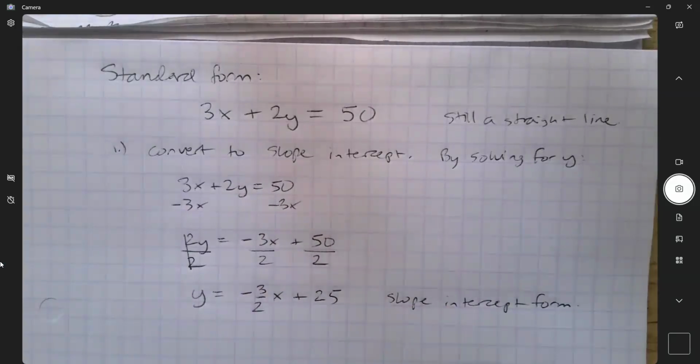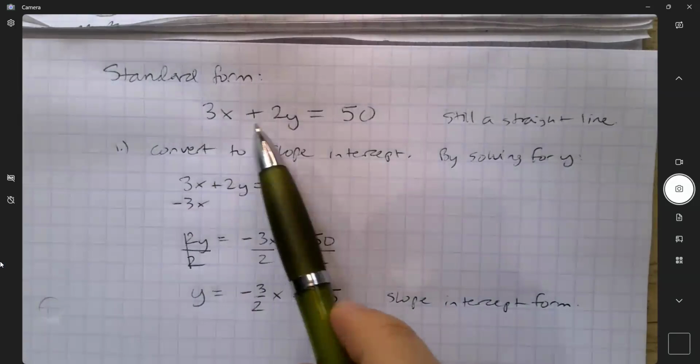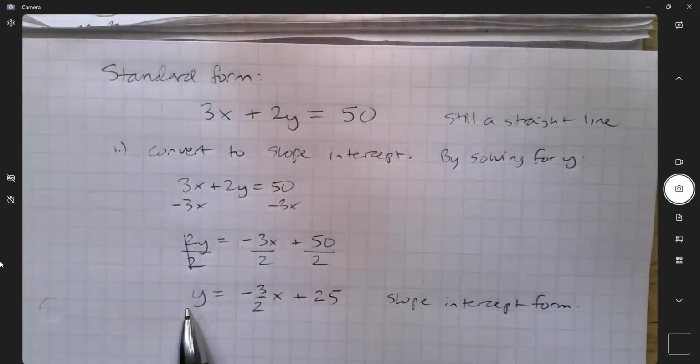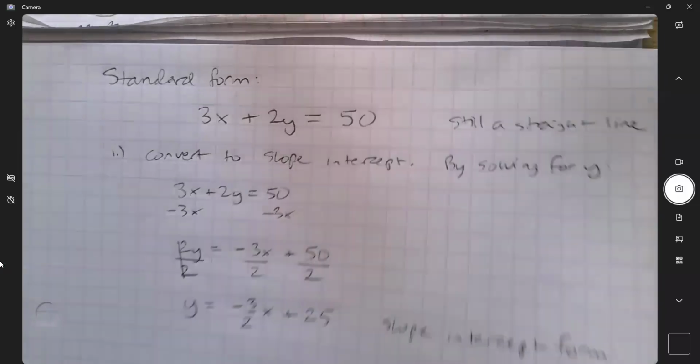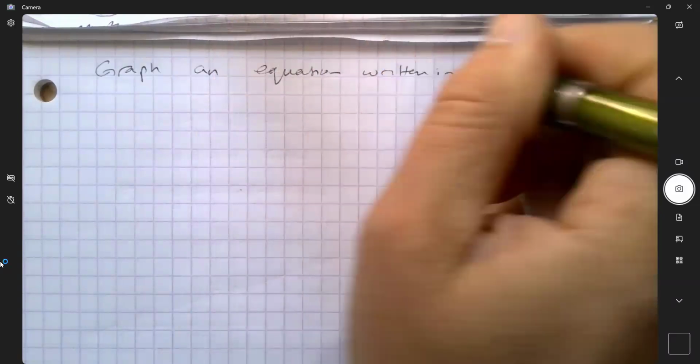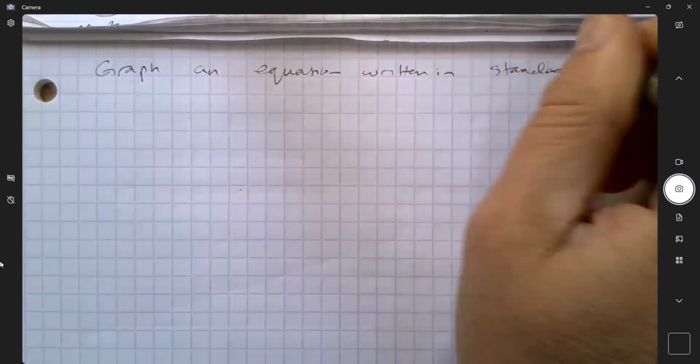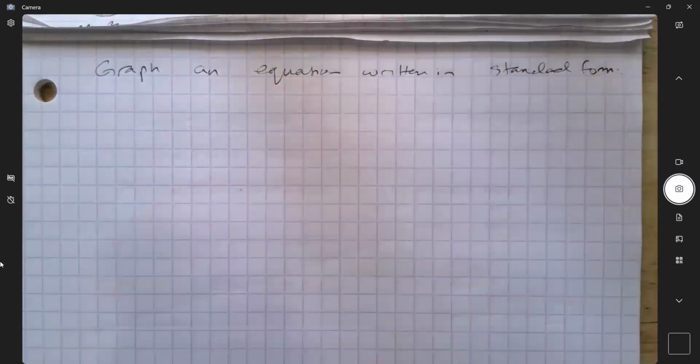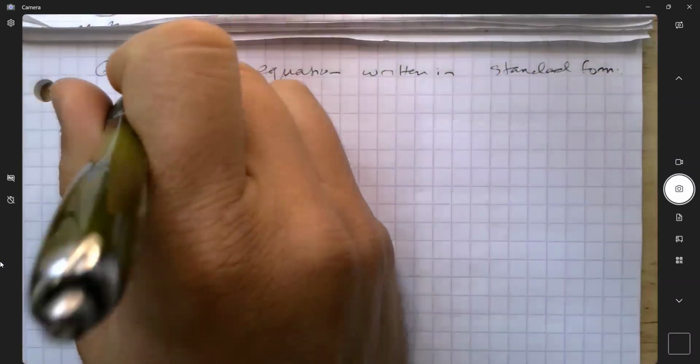And now I have it in slope-intercept form. And now I can use my slope-intercept tools to use that equation however I want. That's my recommendation. If you're given standard form in symbols and you need to work with it, go ahead and convert it to slope-intercept form. What if you're asked to graph an equation that is written in standard form? So for example, let's look at,